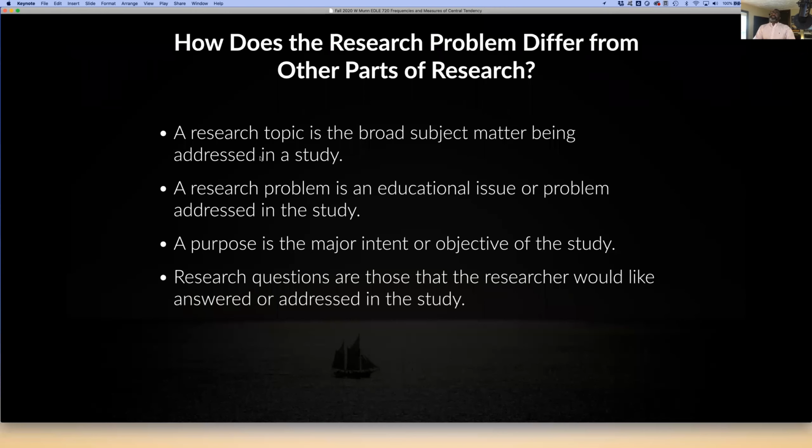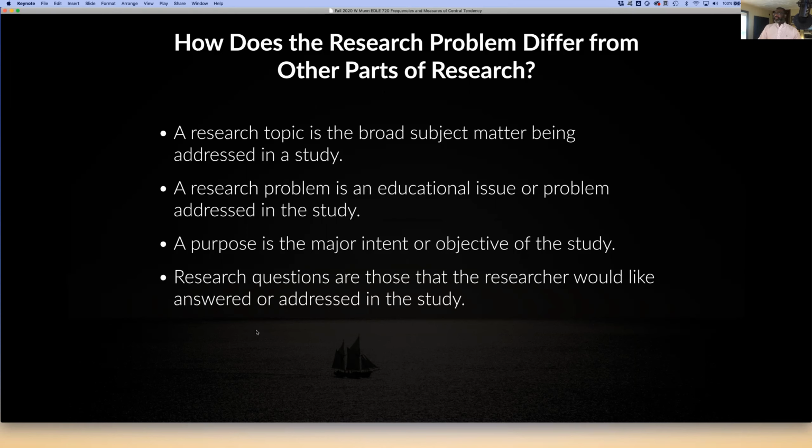So how does a research problem differ from other parts of research? A research topic is the broad subject matter being addressed in the study. A research problem is the educational issue or problem being addressed in the study. A purpose is the major intent or objective of the study. So the purpose, I might have a research problem